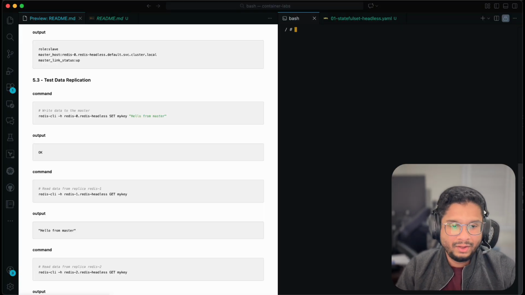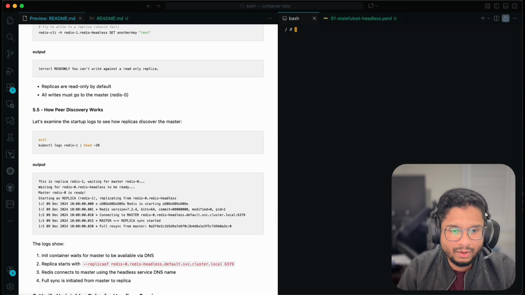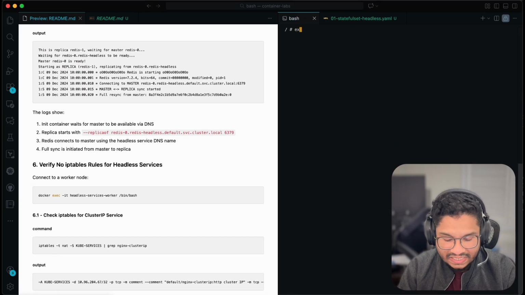Okay. All right, so in the lab guide, I've given some other instructions so that you can play around with this Redis cluster. But what I want to do next for this video is we are going to exec from this multi-tool pod